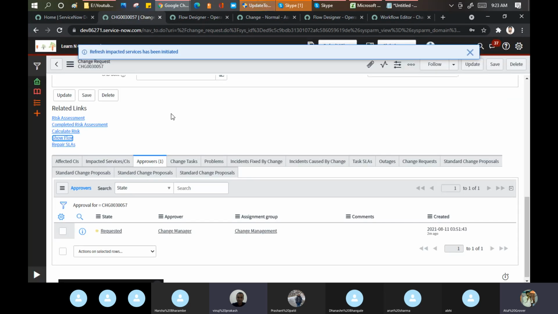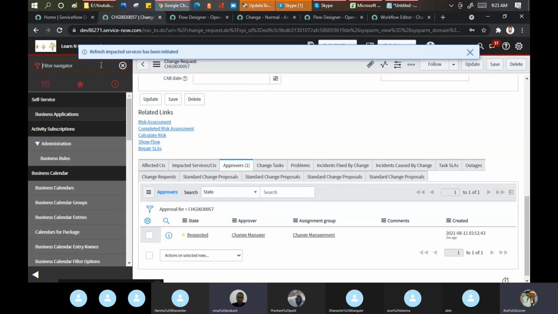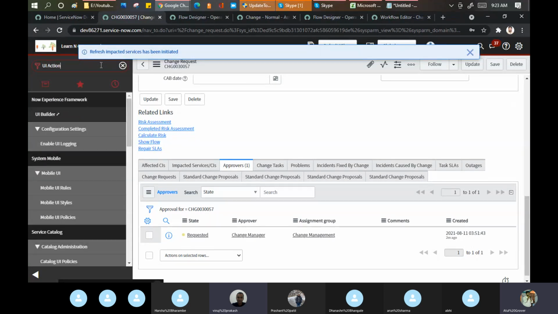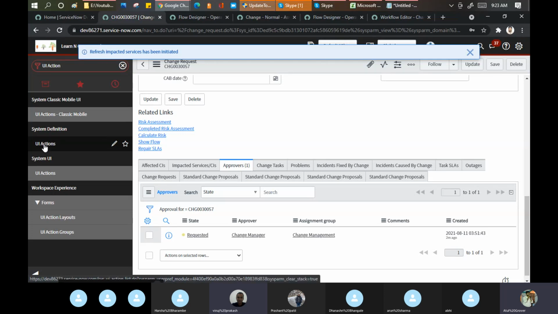Let me check if there is any other way I can do repair SLA. No. Business rule, workflow. Wait, let me check one thing. What is the change number? 3057. I want to bring something here.